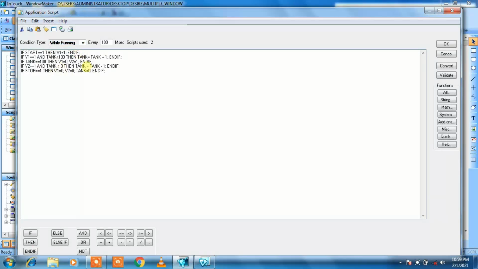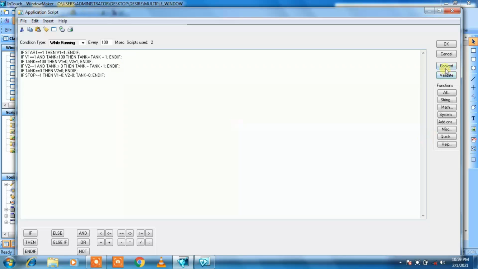Here we have to write: if valve 2 equals 1, we must type a logic for if tank equals 0, then valve 2 equals 0.